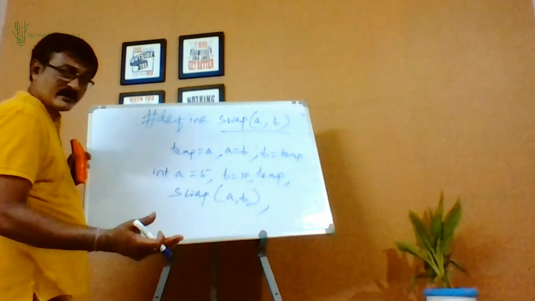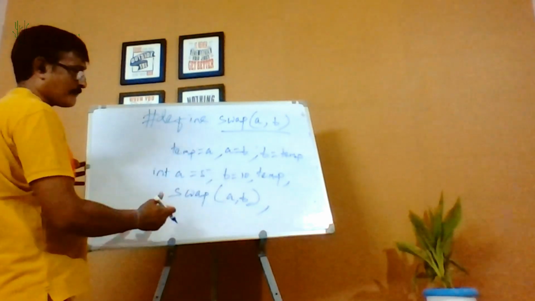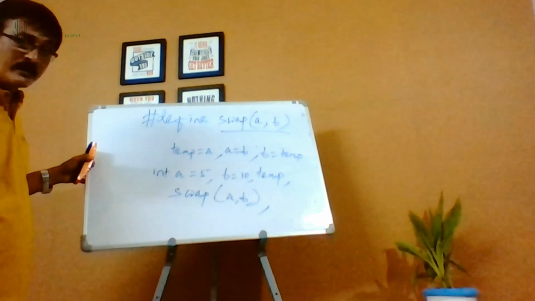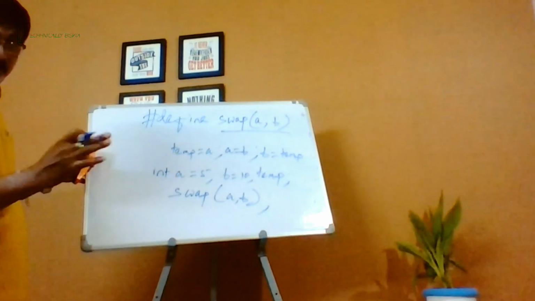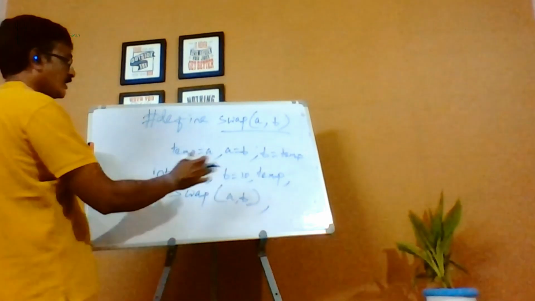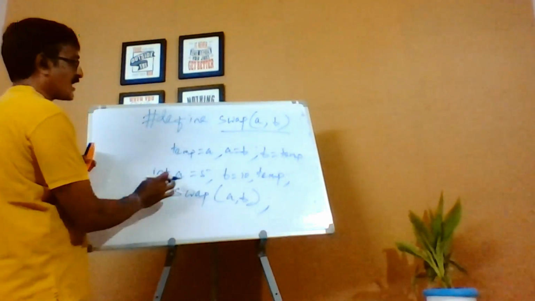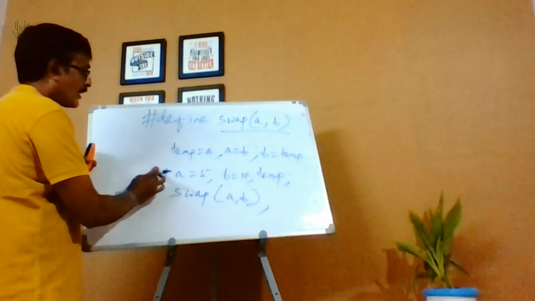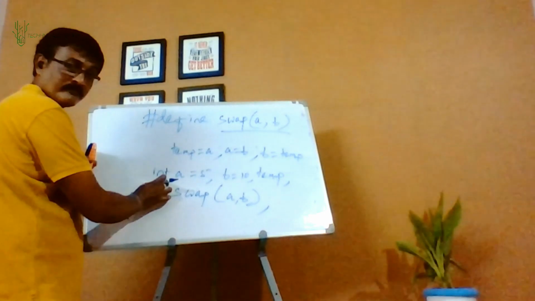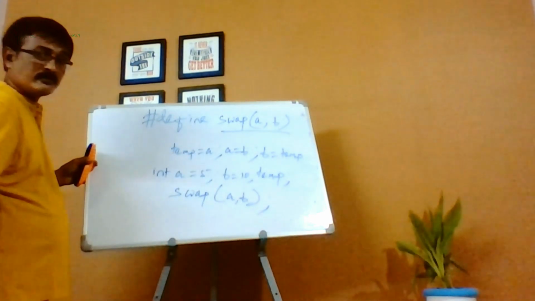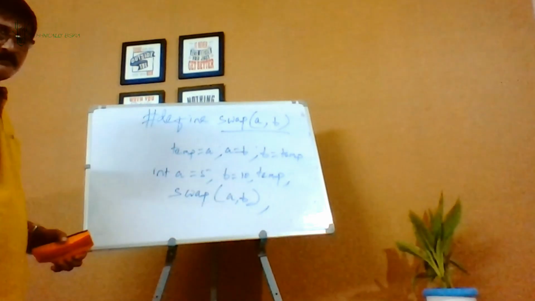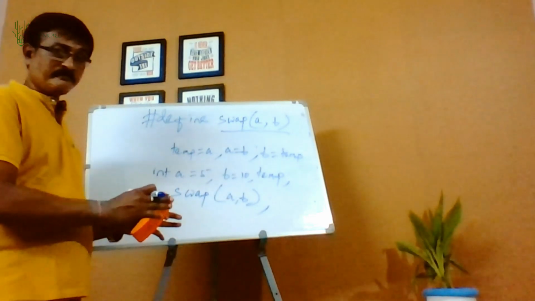And why I called it a generic swap macro: because if it is a function, it can swap only one type of value, depending on the type of variables you are using as arguments to the function. But here you can simply decide. Like I am saying integer A, I can go for float, I can go for character, I can go for double. It will easily swap the values, no issues. That is the beauty of using this. Clear with this swap macro?